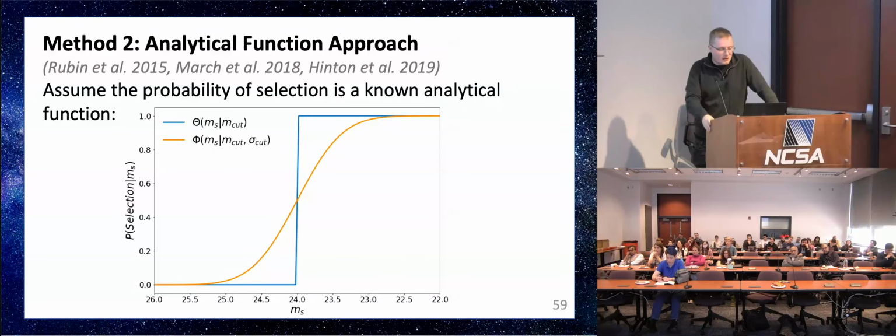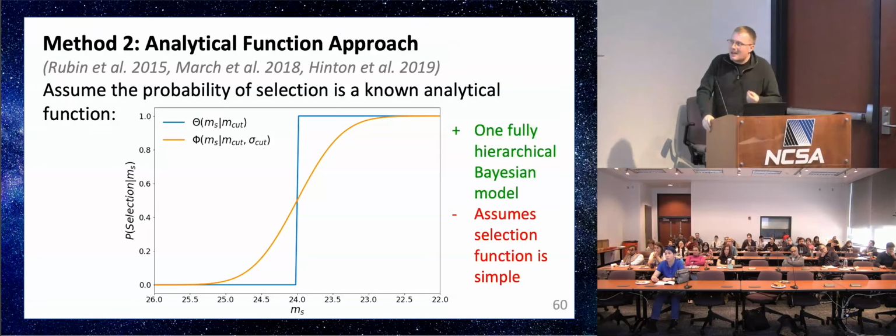Another approach is a hierarchical Bayesian model. This is the thing that I've been talking about a lot, but a lot of the time we're limited to only being able to select an analytical selection function, which is a simplification of the problem. You can say that's a step function where there's no probability of detecting a supernova that's dimmer than a certain magnitude. Or you can say it's a smoother Gaussian CDF where you're effectively upweighting the probability of detecting a bright supernova and downweighting the probability of detecting a dim one. So we like this because you can use it in a hierarchical Bayesian model, but it is a big simplification on the selection effect, which